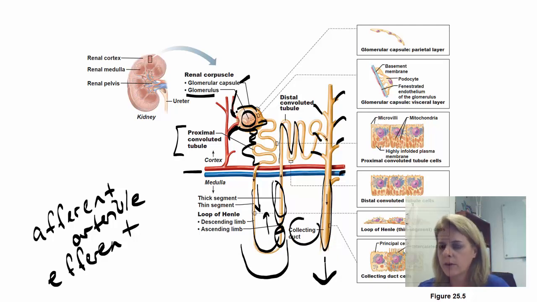And this is going to be where the urine is, and it's going to then drain to the renal calyces, and then finally the renal pelvis. Now, one thing to get straight about proximal versus distal, this has nothing to do with arms and legs. Okay, it's proximal and distal when you're